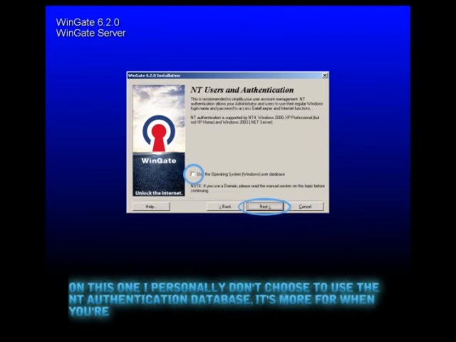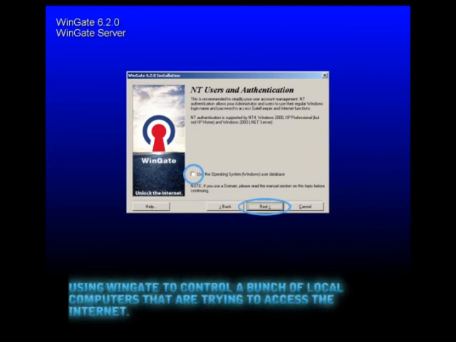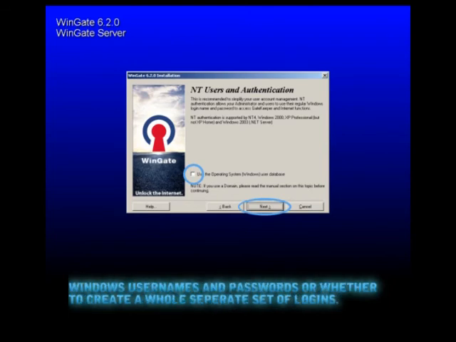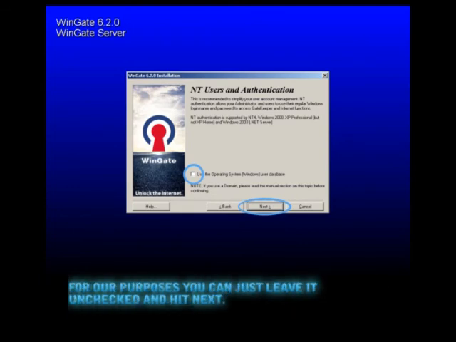On this one, I personally don't choose to use the NT authentication database. It's more for when you're using WinGate to control a bunch of local computers that are trying to access the internet. Each local computer needs to authenticate to WinGate, and this option says whether to use the Windows usernames and passwords or whether to create a whole separate set of logins. For our purposes, you can just leave it unchecked and hit